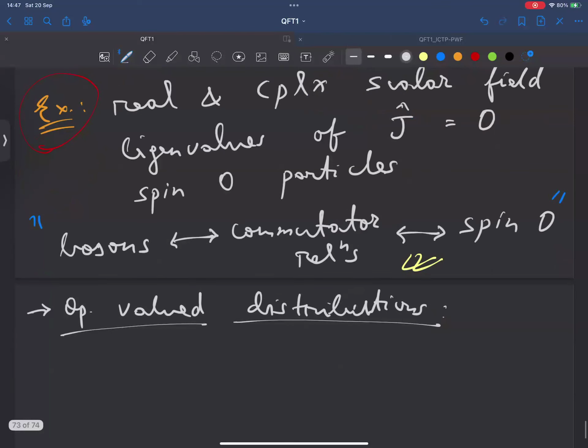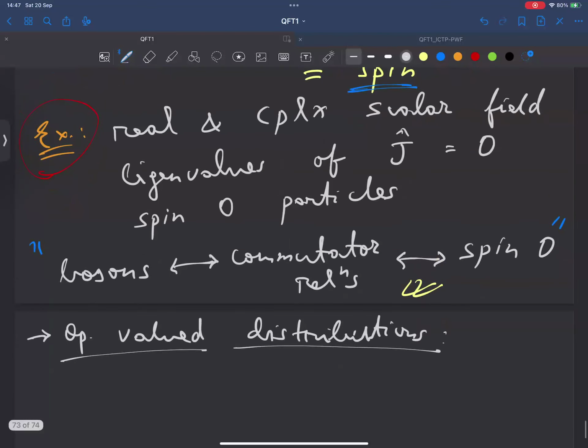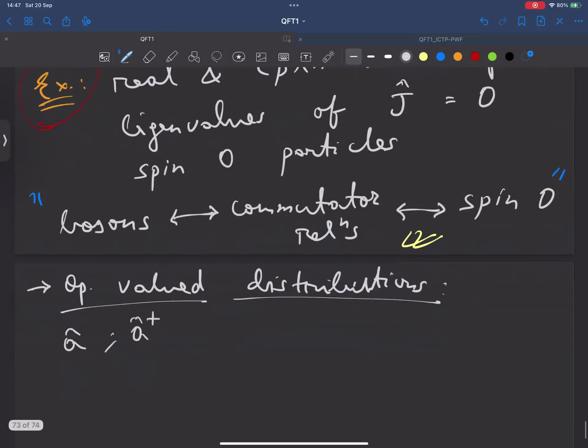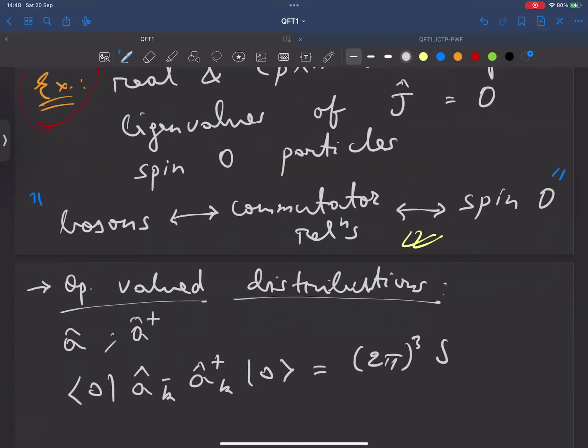So note that though we have been using these operators A hat and A hat dagger, their commutators, for instance, if you just look at the expectation values of this quantity on the vacuum, then you can show from the commutator that they satisfy,